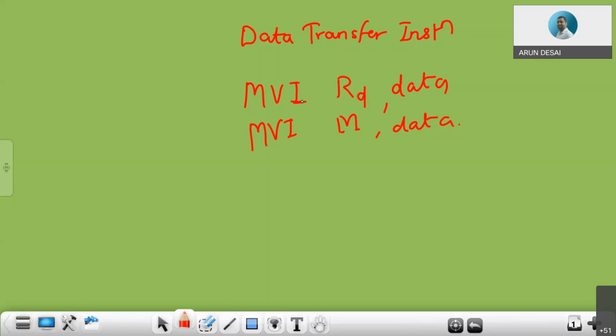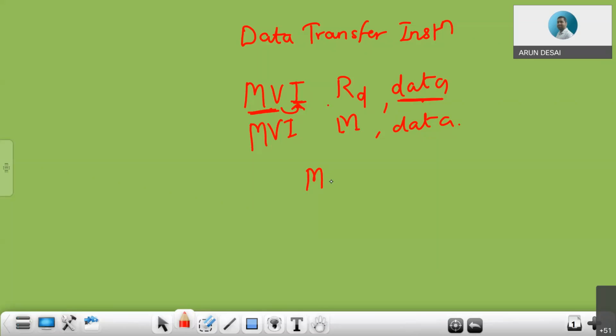It is move immediate, right? Move immediately from where? From source to destination. Since data is present in the instruction itself, that immediate data should be transferred into